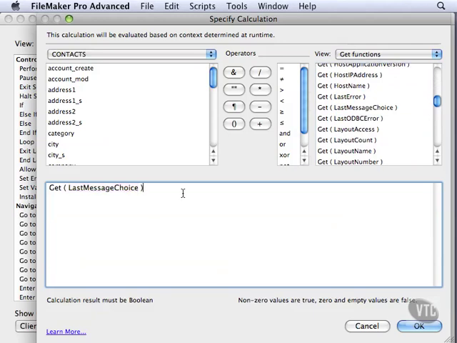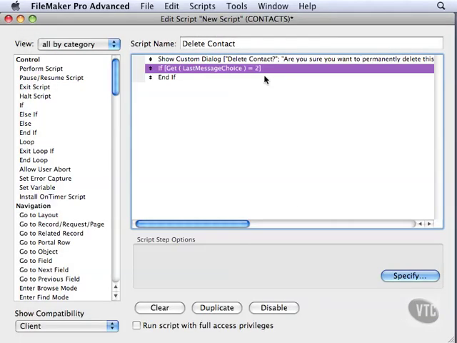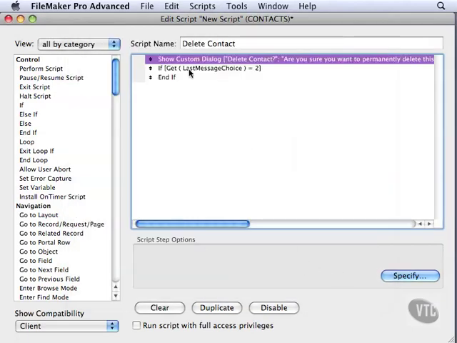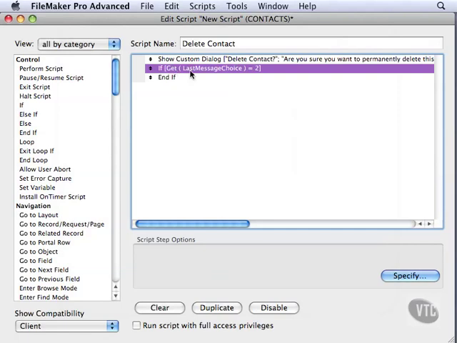We're going to say if that equals 2. In other words, this will tell us what button we clicked. And if it comes back 2 equals 2, that will be true. That means that they clicked on the yes button. If 1 equals 2, that means they clicked on no, and it will not do anything between the if and the end if. Only if they click 2, and this is true, will it do the steps between the if